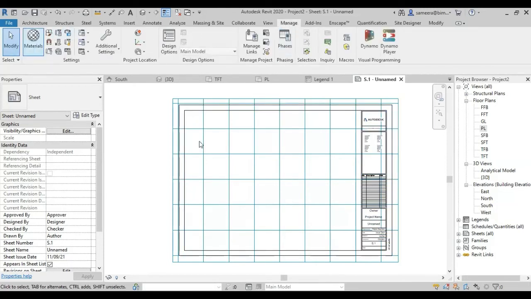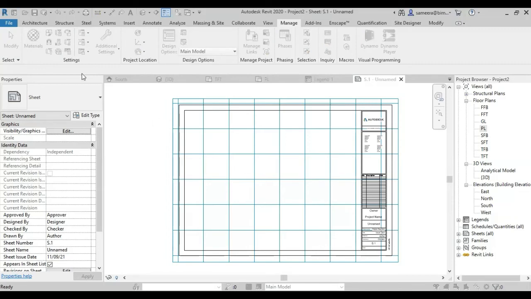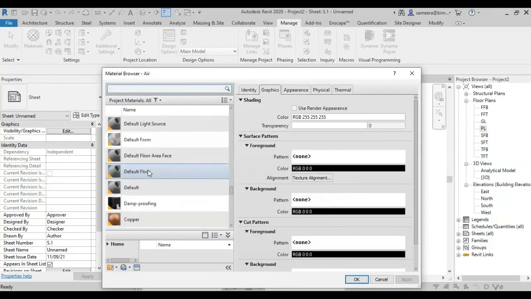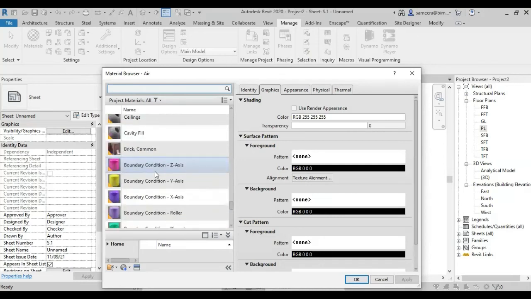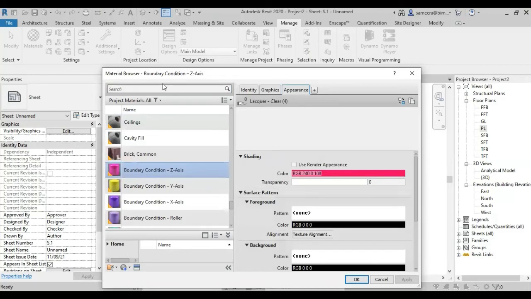About materials, I already told you that some questions can be related to material properties. So you have to find out which material it is, then go to the material browser and select the corresponding material. You have to check the material properties, which can be in the appearance tab, the graphics tab, or the thermal tab, or whatever it is. First of all, you have to locate the correct material.